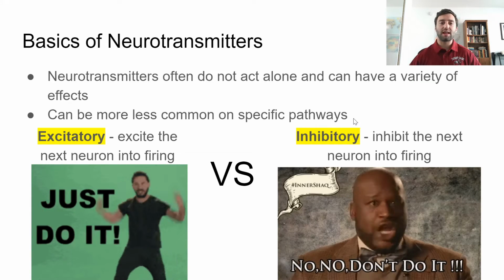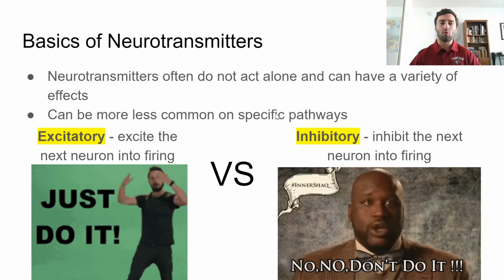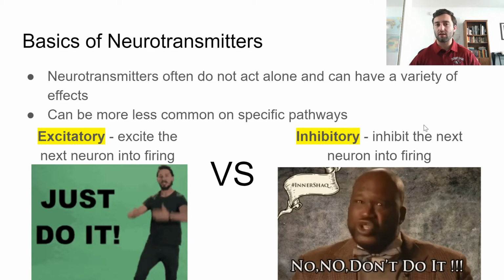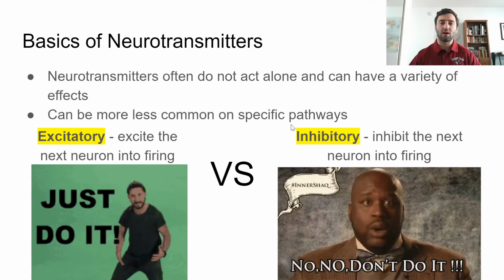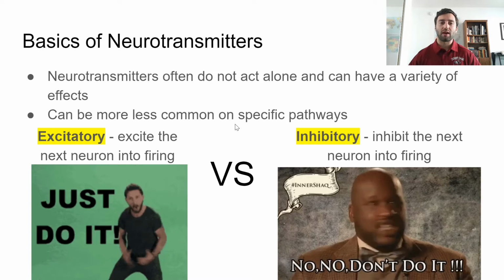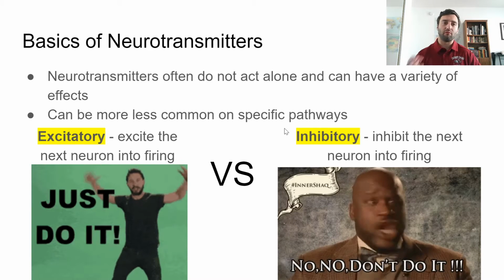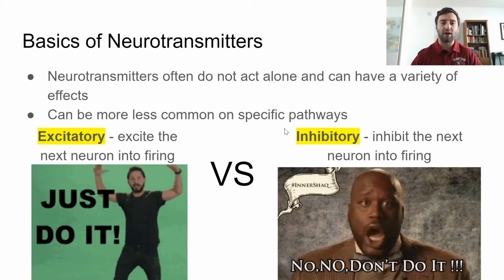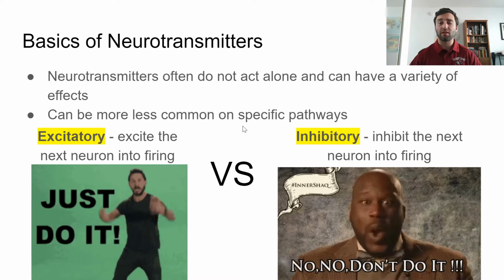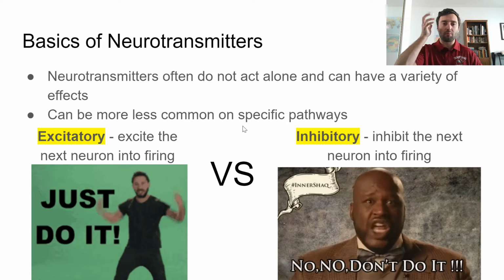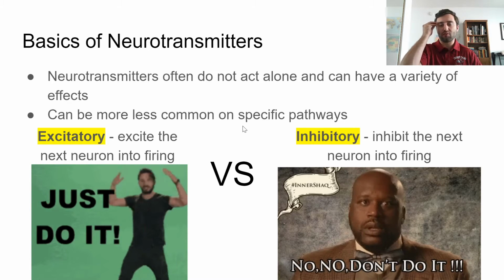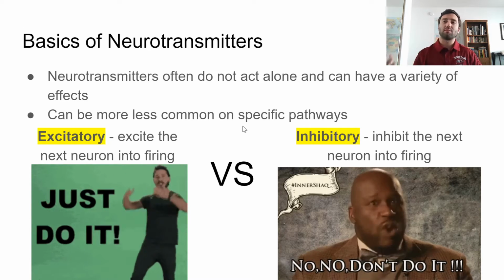Now, we do see that some neurotransmitters are more or less common in certain areas. So something like serotonin, which is connected very much with feelings of pleasure. Very high concentrations of serotonin will be found in what's called the pleasure pathway, which is in our brain, and it's basically the part of our brain that's really connected with what feels good. Now we might have something different like